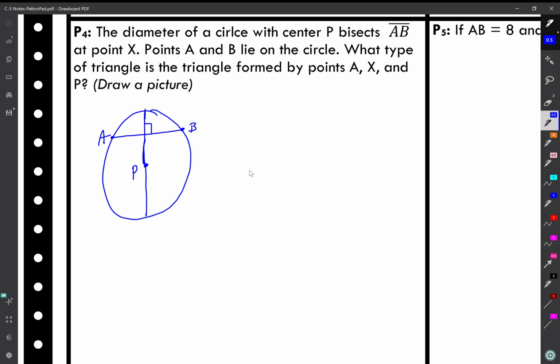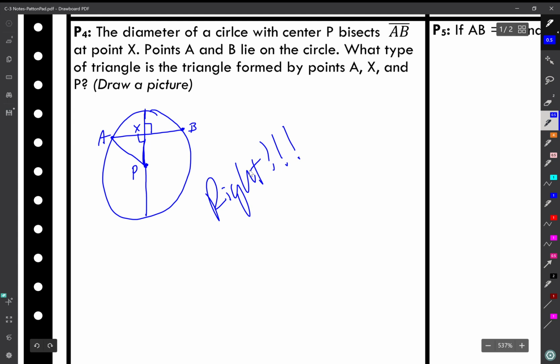Points A and B. What type of triangle is the triangle formed by points A, and this is going to be point X right here, excuse me. What type of triangle is the triangle formed by point A, X, and P? So let's draw a third side of the triangle. That has to be a right triangle. So this is probably going to be used to solve for some stuff because we know how to solve right triangles